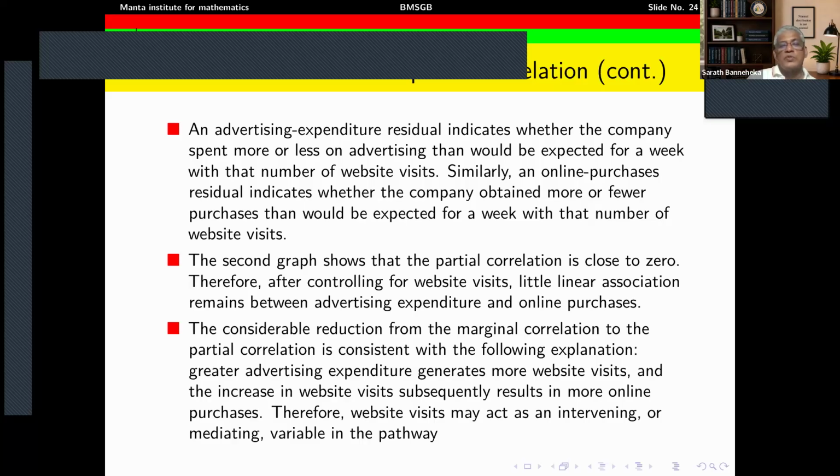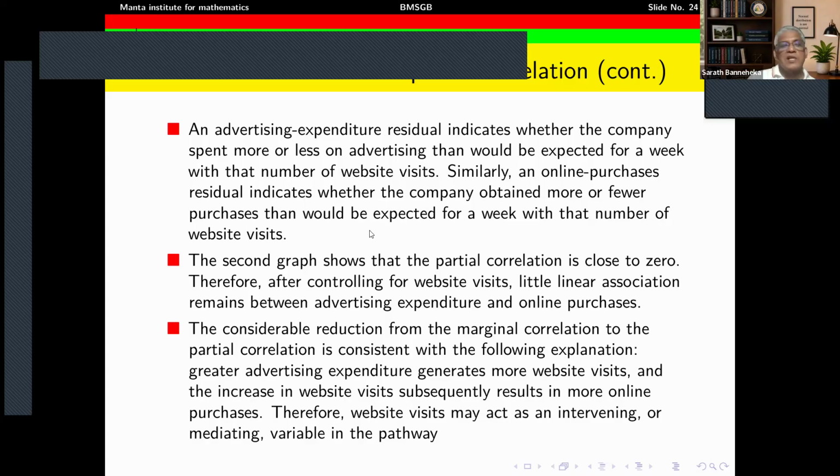The second graph shows that the partial correlation is close to zero. Therefore, after controlling for website visits, little linear association remains between advertising expenditure and online purchases, because both of those